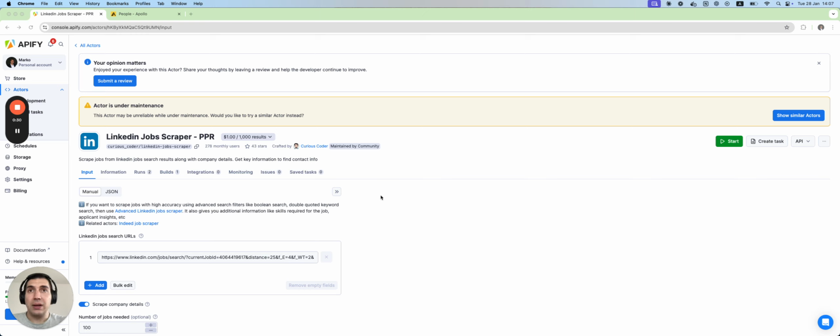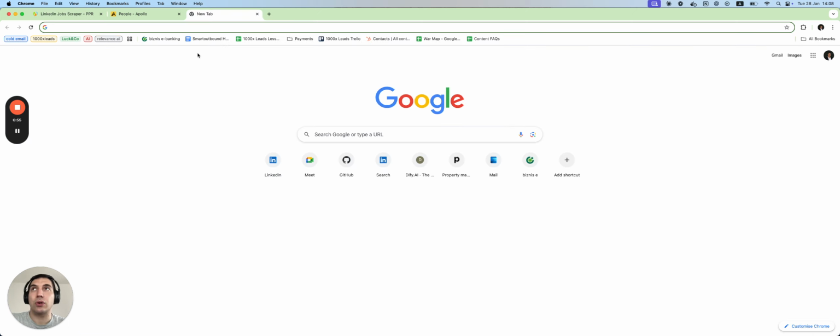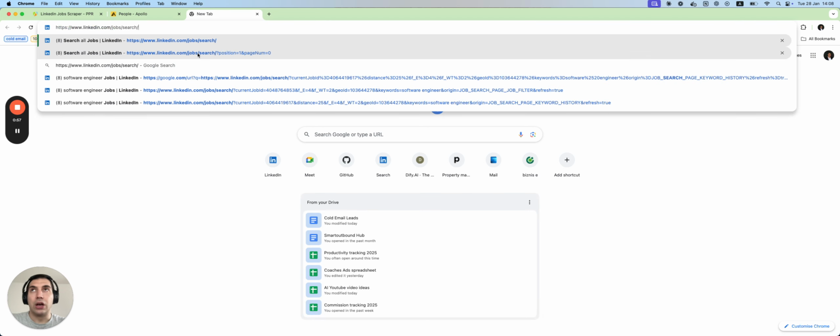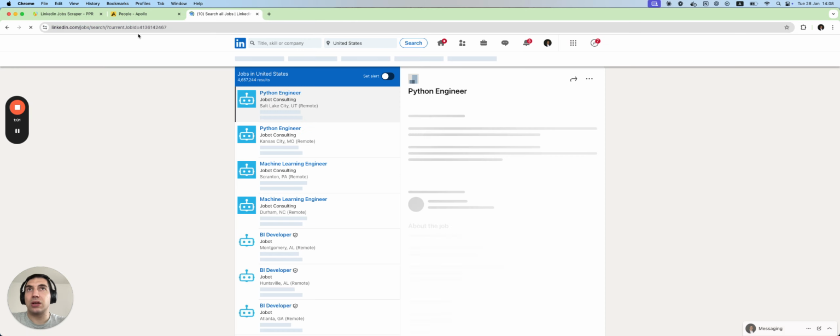To scrape LinkedIn, we'll use Apify, and I found this LinkedIn job scraper that will do the job. It costs $1 per 1,000 results, and you get $5 when you create a new Apify account. There are different scrapers that you can use that charge a monthly fee, so that depends on the volume of the scraping that you want to perform. So to find the job listings, we will use this search,